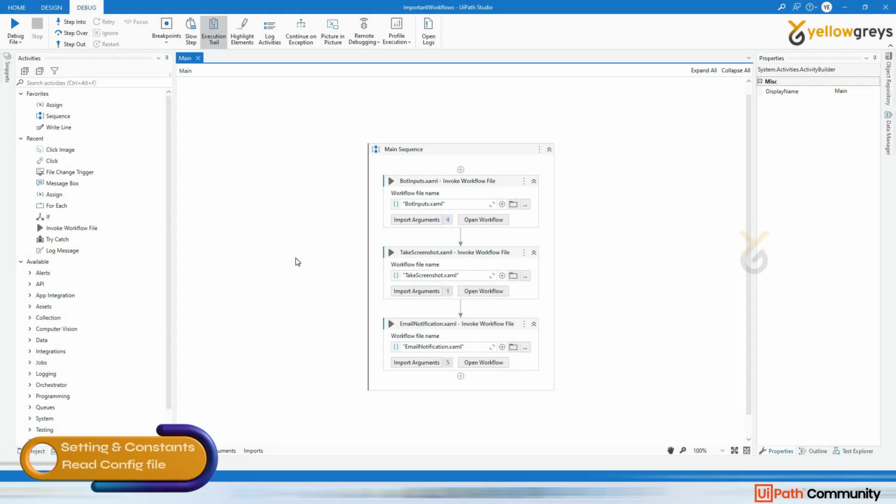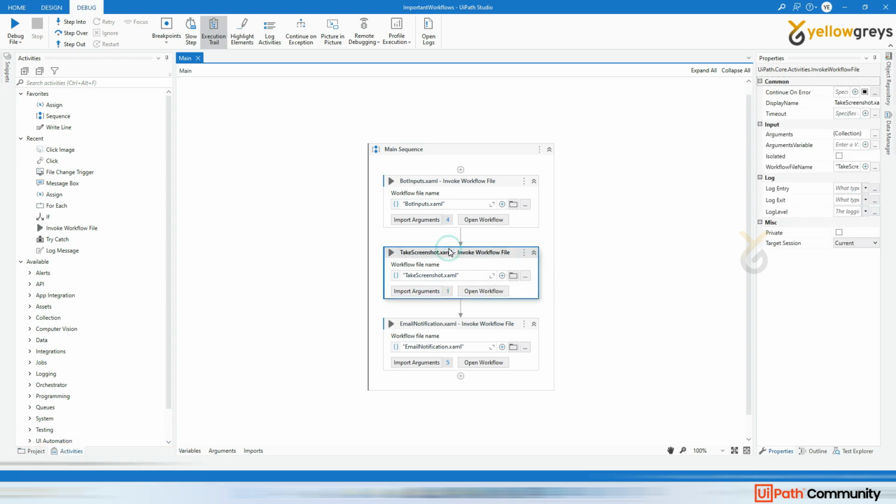So in the previous session we covered some of the important workflows which we are going to use repetitively in all the processes, that is, take screenshot and email notification. These two workflows we often use in all the processes. And another important workflow that we are also going to apply in all the processes. So like here we have